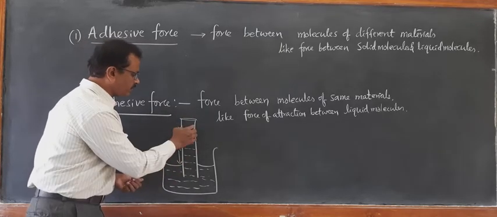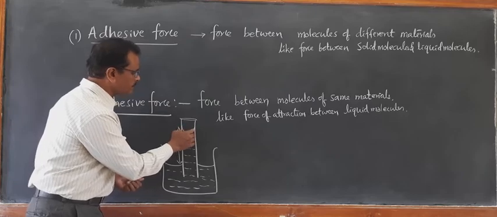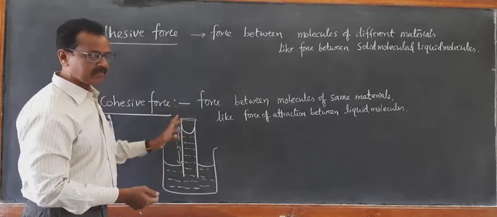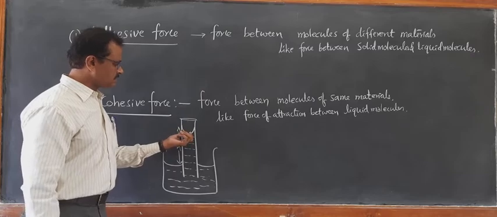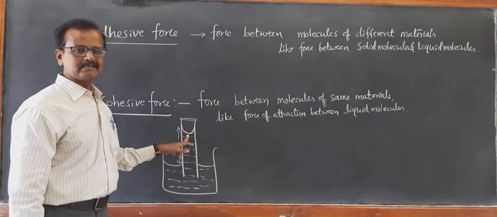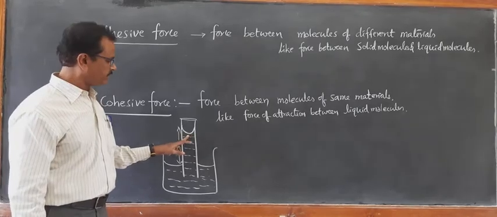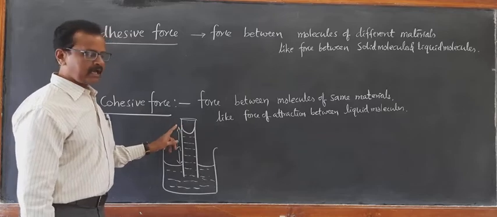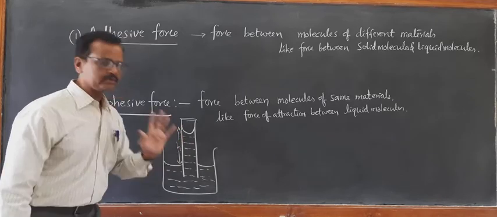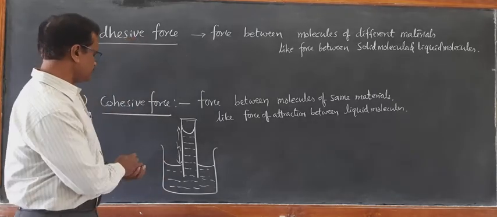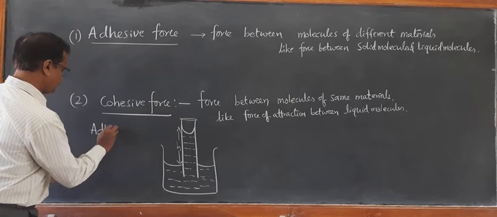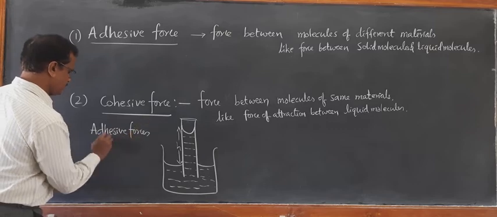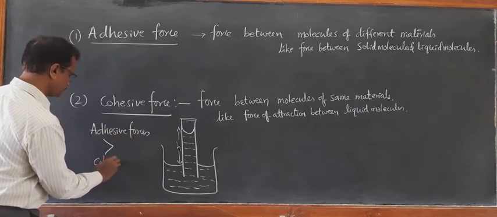At the position of contact of the liquid surface with the glass, you see there is a rise in the level, and thus the rise in the level forms a concave meniscus, a concave surface of the liquid-air interface. So the reason is the solid molecules of the glass have a strong attractive force with liquid molecules of the water. So adhesive forces here are stronger than